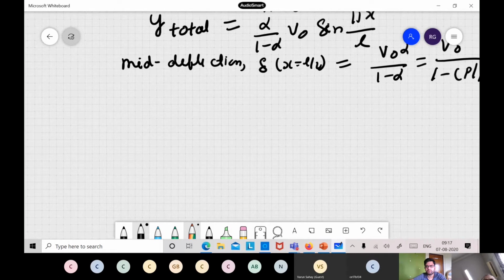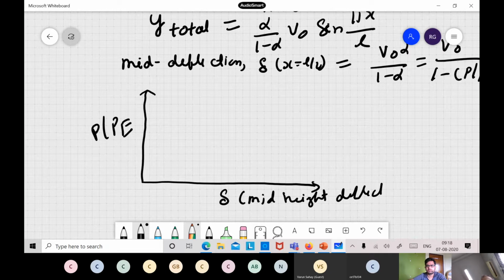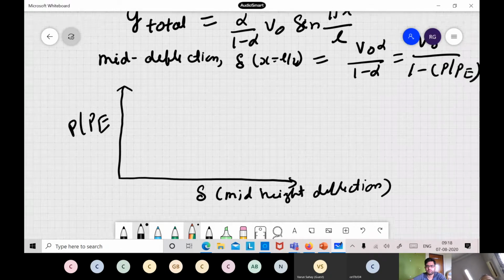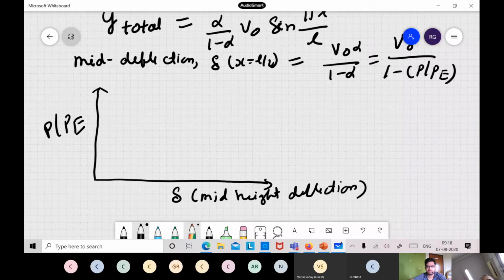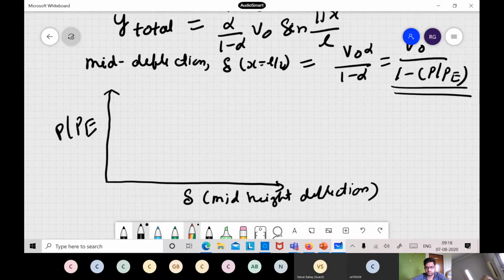Okay. So now if you try to plot this quantity, it looks like this. So this is your load versus deflection. This is normalized, and this is your mid-height deflection. You followed. So now what happens when P is equal to 0, at that initial place, so there is no load acting on your column. If you see this expression carefully, when P is 0, your solution will be V naught. That means your initial crookedness is the mid height. So that is how it goes.